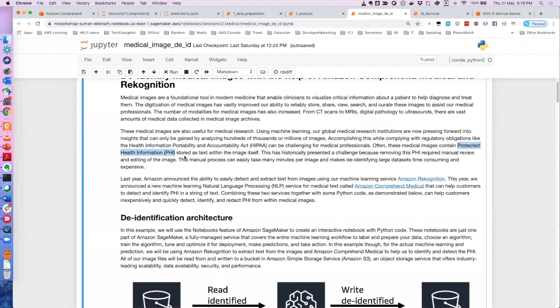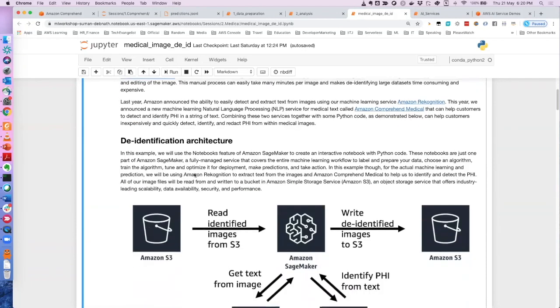If Comprehend tells me that out of the 10 texts I sent, which you have seen in your X-ray, 8 texts contain personal information, then I can take that information and tell Rekognition that these 8 points are dangerous, they contain personal information, and we need to blur them. We don't even have to tell this to Rekognition. We can just write a couple of lines of code to blur that. So this is what we are going to do.